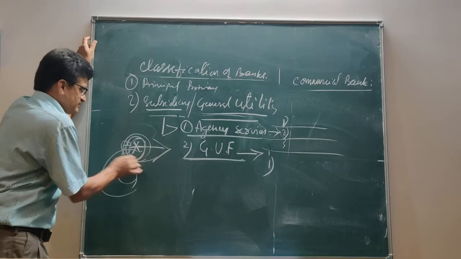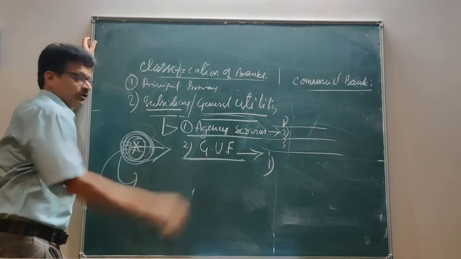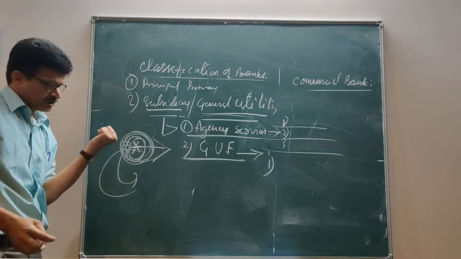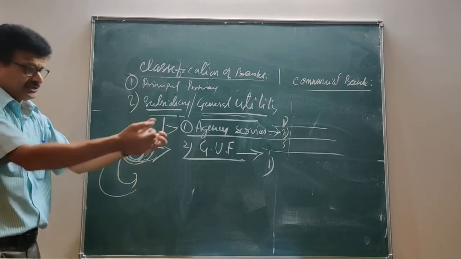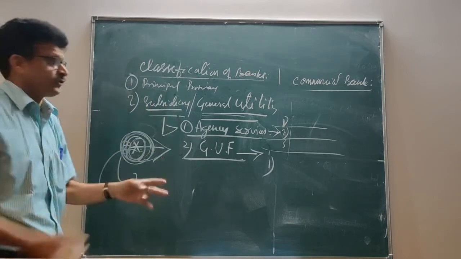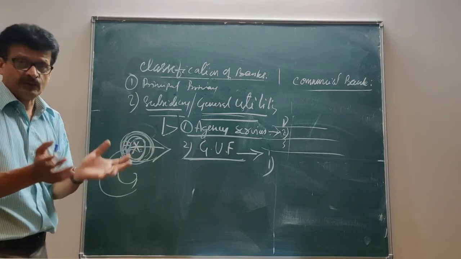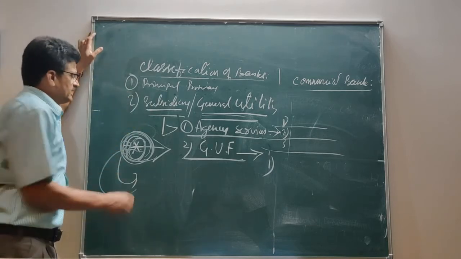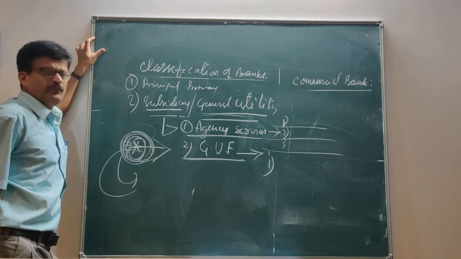Actually, if you focus this money with this branch only, when there is no need, when there is no demand for borrowings, what will happen? This money is collected from your customers, for whom you will pay rates of interest for all those deposits. But unfortunately, from this money, you are unable to earn anything. When you are unable to earn anything, it becomes uneconomic. It will be very expensive.